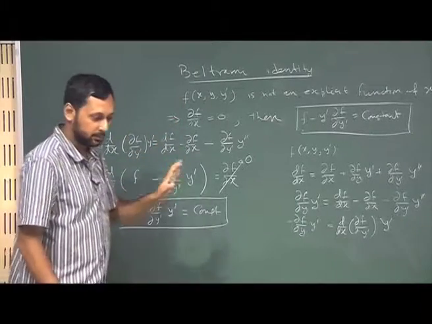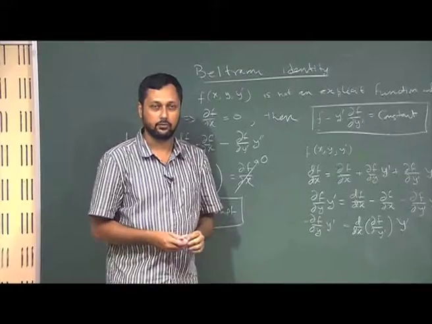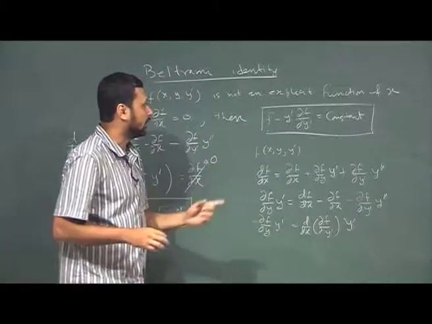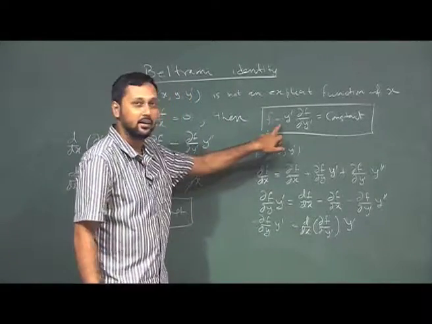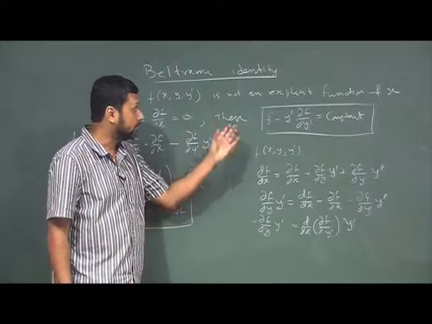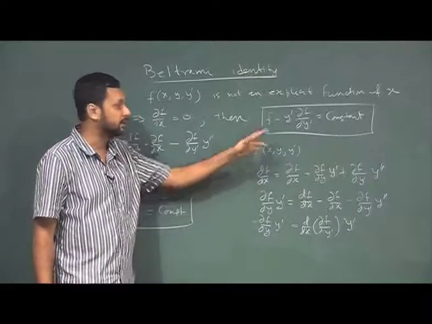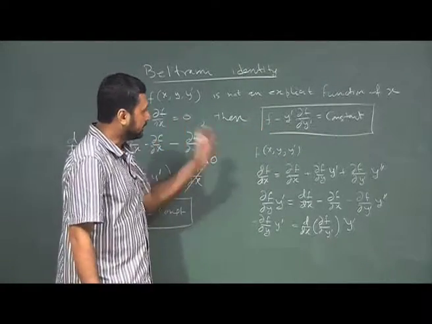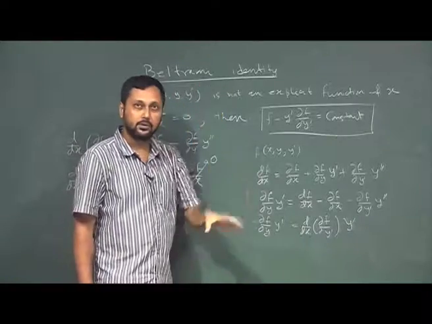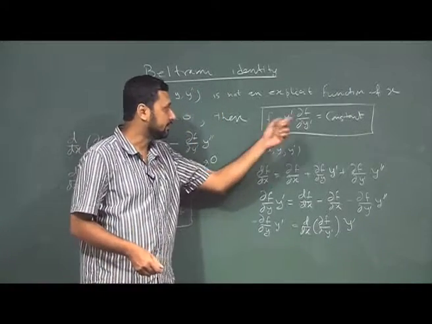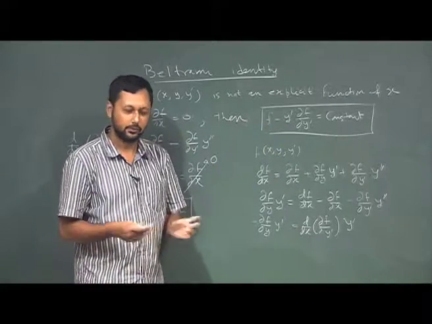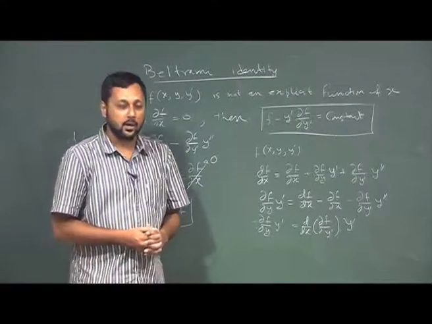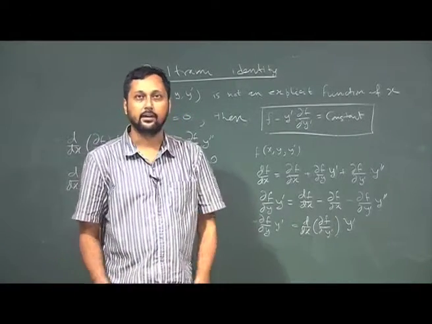Please keep this in mind, because we will be using this on and off, whenever we find a function f which is not an explicit function of x. We can use this identity. Please remember that in the problem we have solved, f was also not a function of x. So, what I would suggest is, instead of doing what we did, you can just apply this identity and see if you get the same answer. Of course, you will get the same answer, there is no question, but this will be a good check for you. So, with this we end this lecture here.